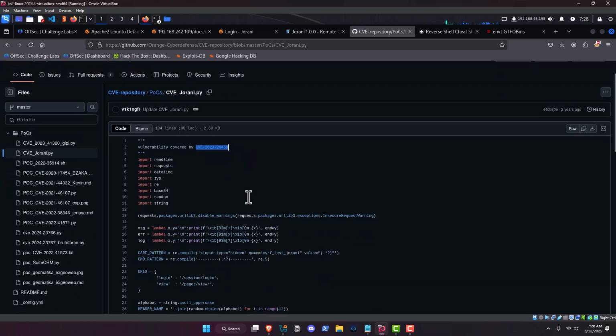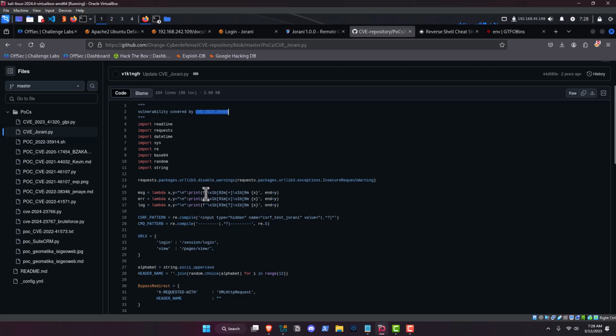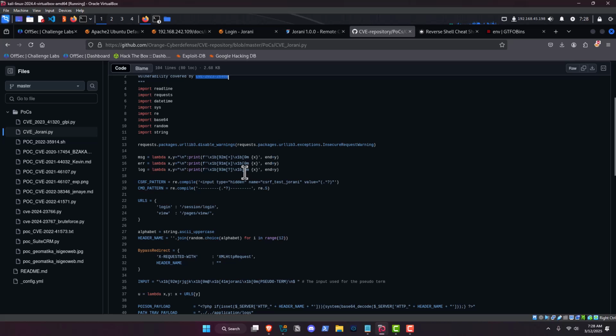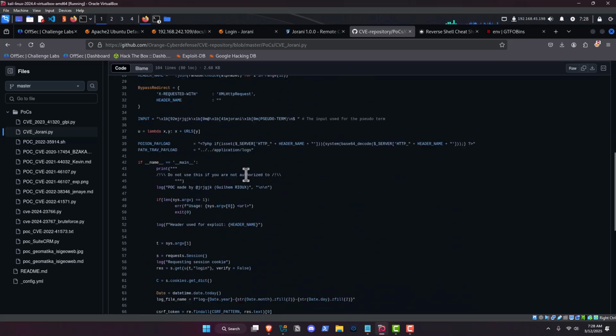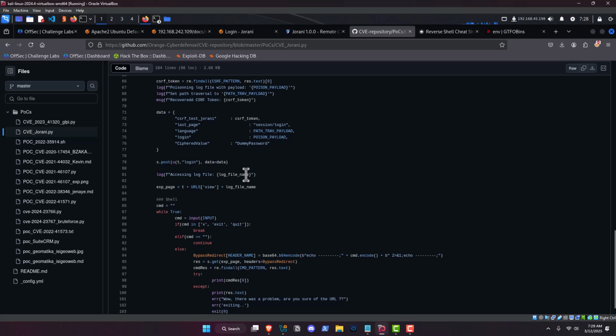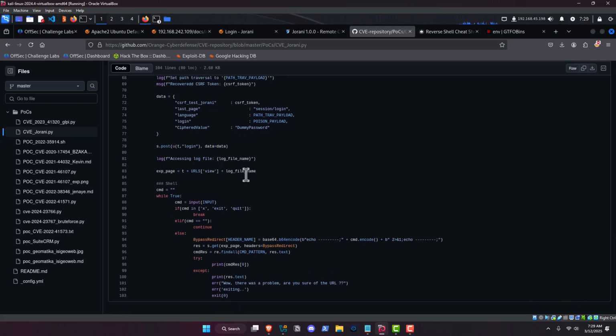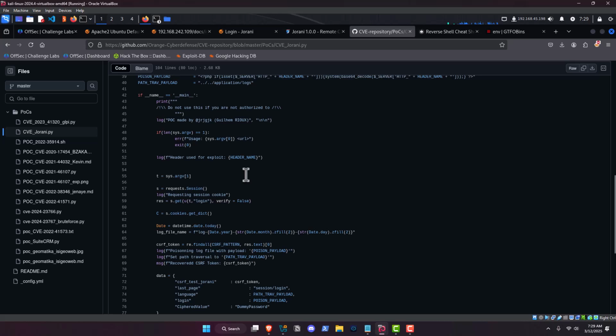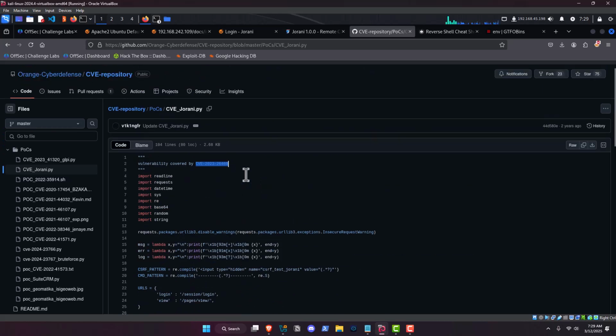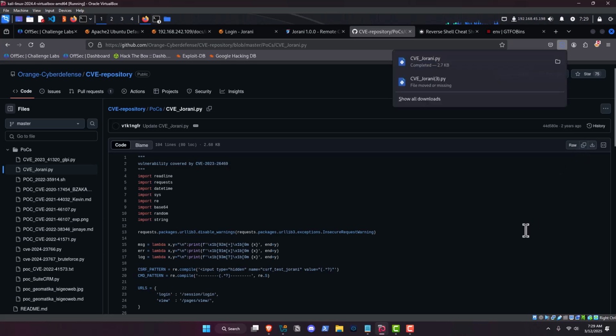But the code is pretty simple. It will need to be run in a Python virtual environment because it is using requests, which is a module that's not typically installed. And it's pretty straightforward. All you need to do is run it against the URL, and it should provide you with a shell. Now, when I say shell, it's a pseudo shell, pseudo term shell. So you're going to want to have a way to get a better shell once you get connected to the machine. So what you want to do is you just want to click download to download the code, which I've